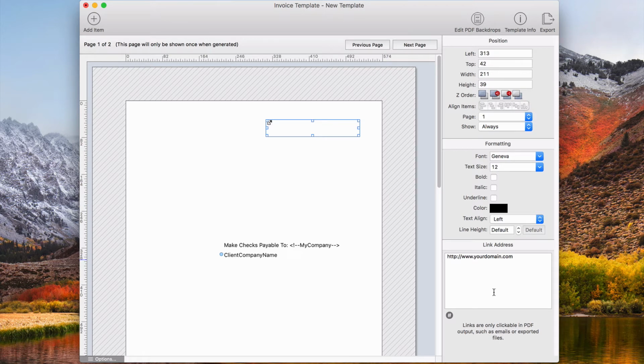You can use variables again in your URL, so you can actually set up PayPal payment links or other complex links that will be automatically generated and added to your invoice templates. We'll just delete that for now to get it out of there, and then we'll add the next item type,